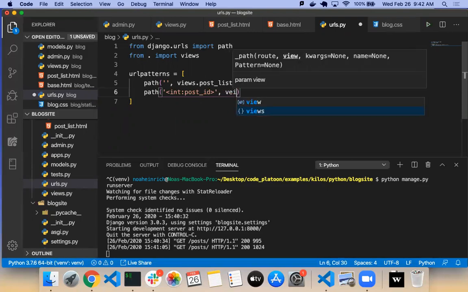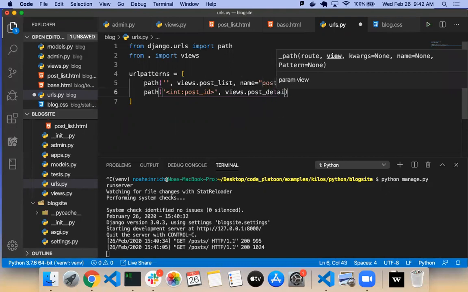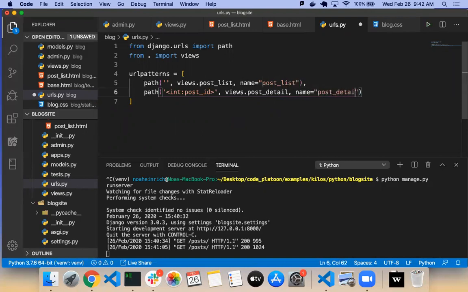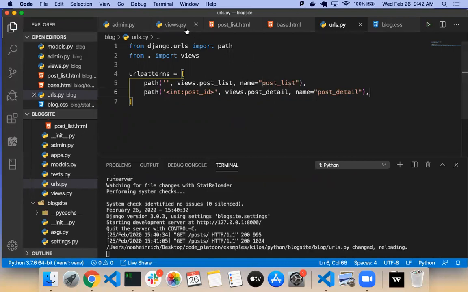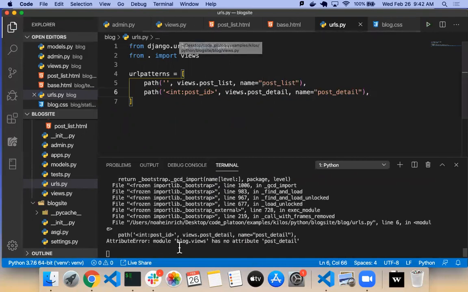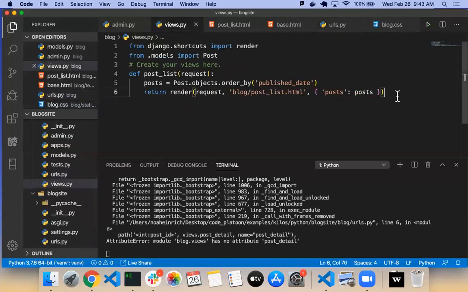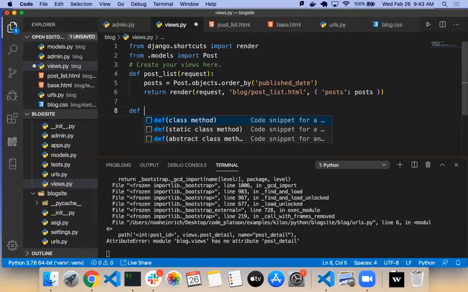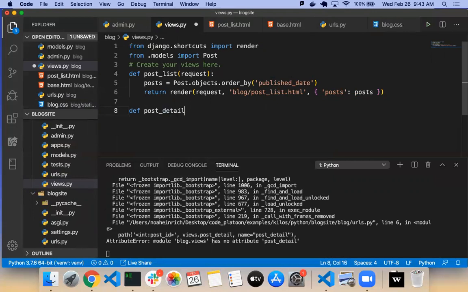I'm going to go to views, post detail, give it a name of post detail. Then we can go to views. It's already telling us blog.views has no attribute post detail. This one is going to take two arguments. It's going to take a request, and it's going to take a post ID.